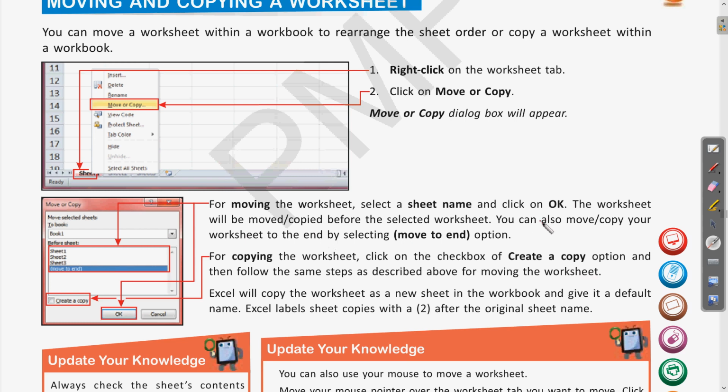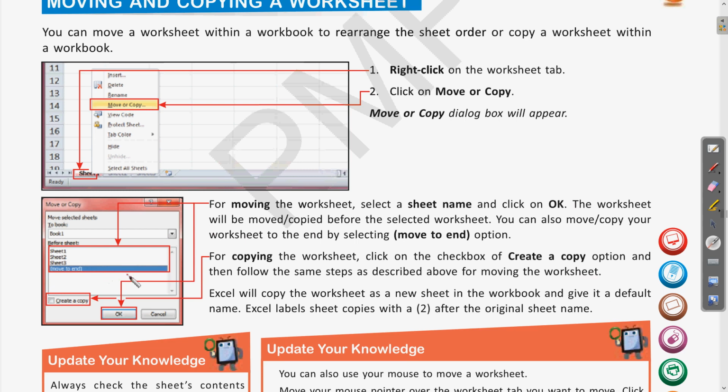And the worksheet will be moved or copied before the selected worksheet. You can also copy your worksheet to the end by selecting the move to end option. So whatever sheet you have selected right now, if you want to move it to the end, you can click on the move to end button.